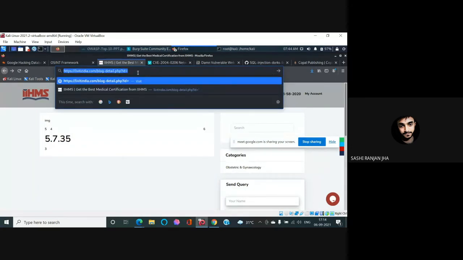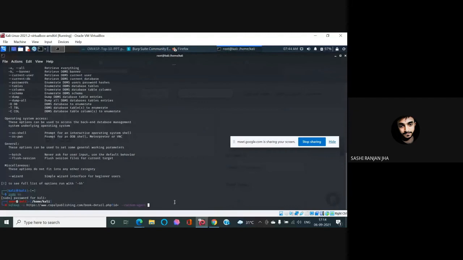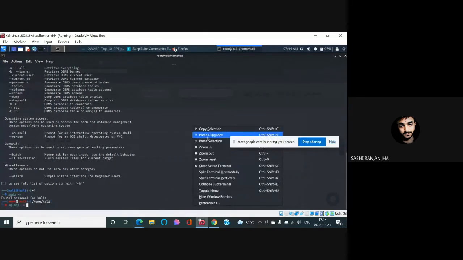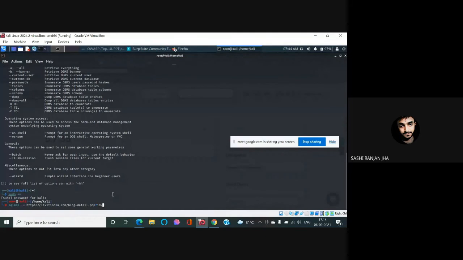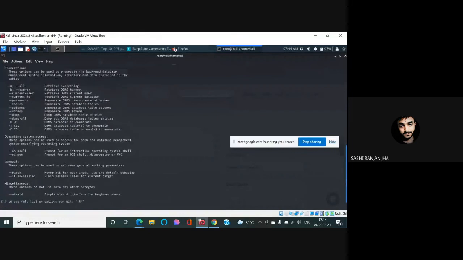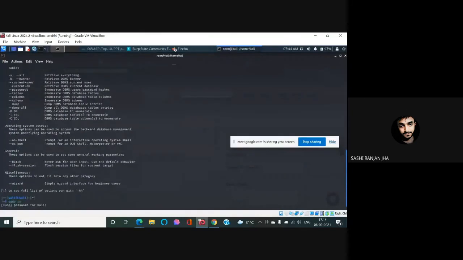Just copy this. Okay, I was using this, but let me use the new one because it is more detailed. So sqlmap -u and then the random agent, and what we want to fetch out of it. We just want table names.